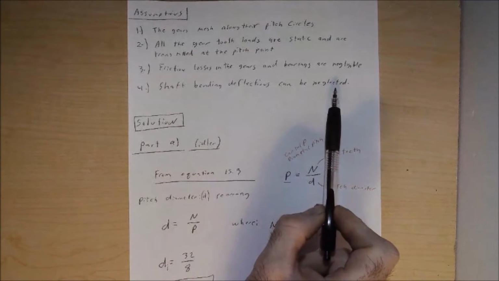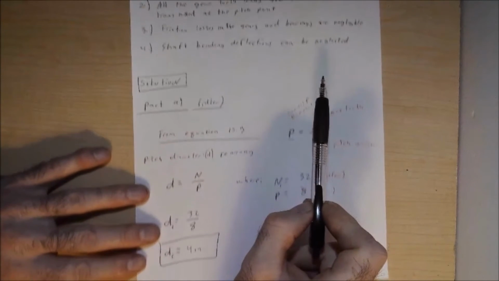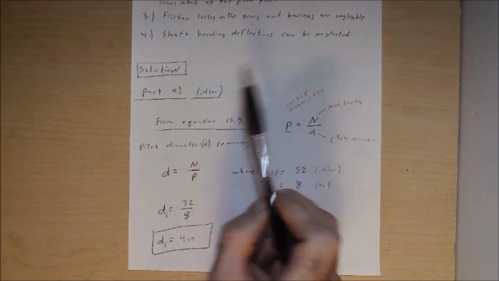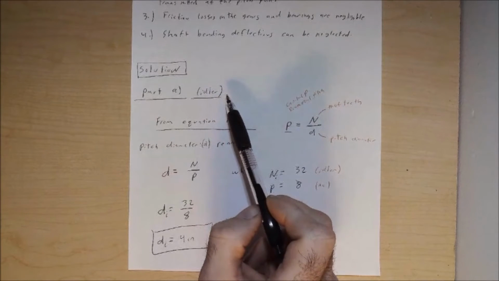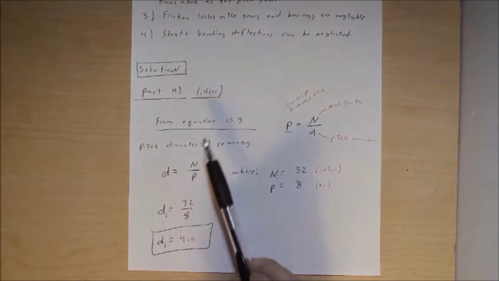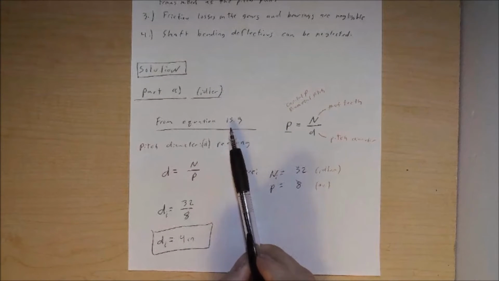So with these assumptions, we can now start our solution, and we're going to break our solution down into parts. So again, there's 3 different parts, A, B, and C, that we're solving for. Let's start with part A, and with part A, let's start with our idler. So with this here, we're going to find our governing equation, which if we go to equation 15.3 in our textbook,